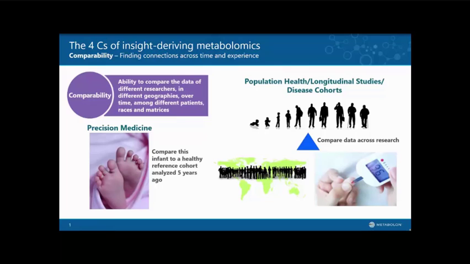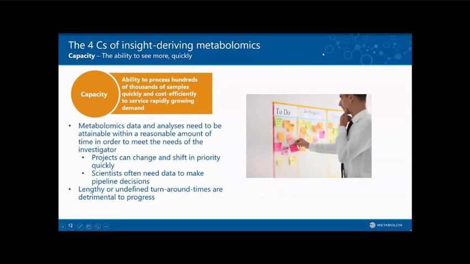But even bigger than that, you want to be able to compare your aging cohort to that population cohort in the UK, to maybe somebody's diabetes cohort that was run in Finland, right? You want to be able to take your data and have a data standard to be able to compare your data to other people's data. And that is something that has to be present in metabolomics technology to really push this forward and to have it be incredibly impactful for deriving insights.